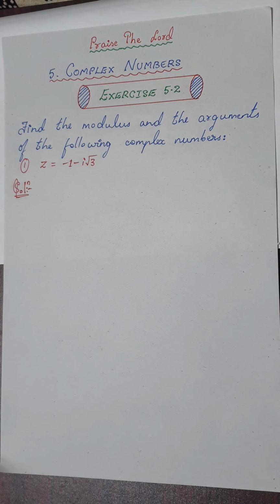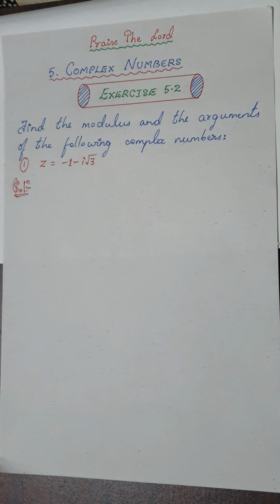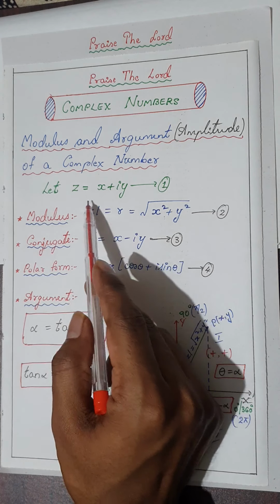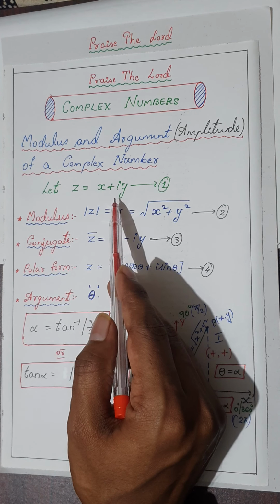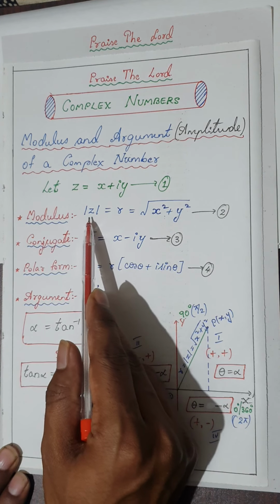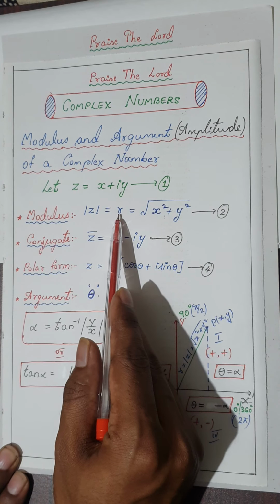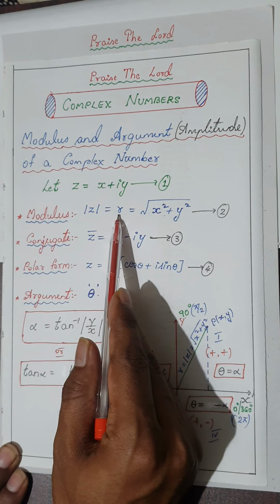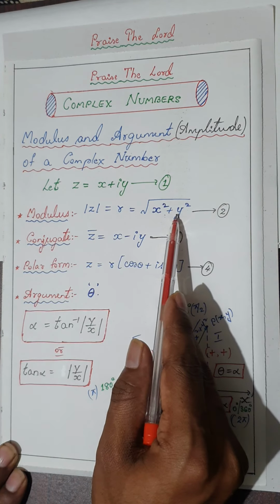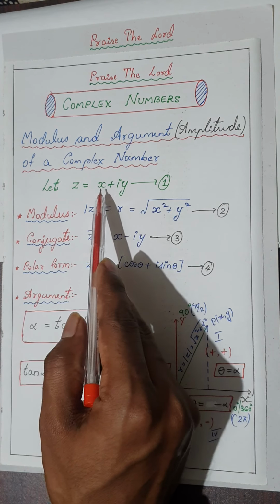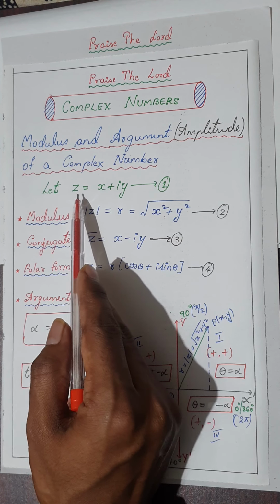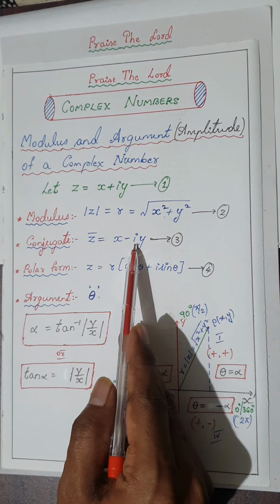Before this, just have a quick look, which gives you a revision of what we are going to do in this class. If you think of the given complex number z is equal to x plus iy, or a plus ib, we know the modulus of any complex number x plus iy, mod z, is nothing but the radius of the circle. We usually take it as r. That value will be the square root of the square of the x value plus the square of the y value. We know that x is the real part of z and y is the imaginary part of z. This is the modulus of z. If you want the conjugate of z, we know it is x minus iy, no doubt about it.